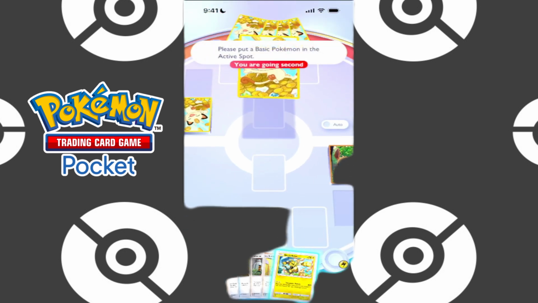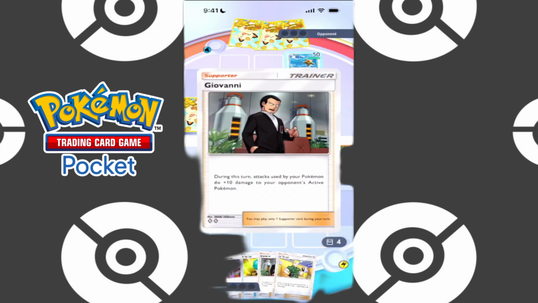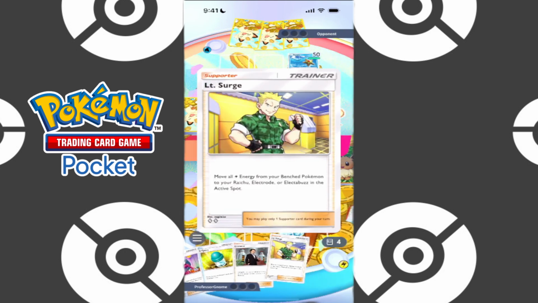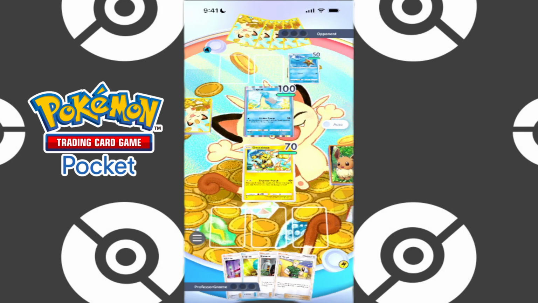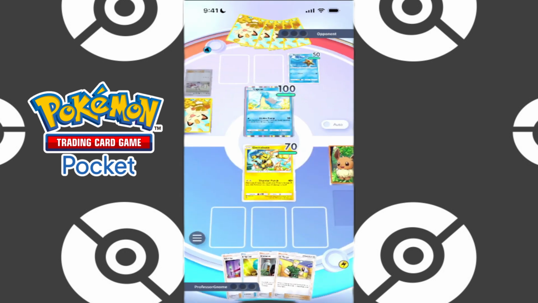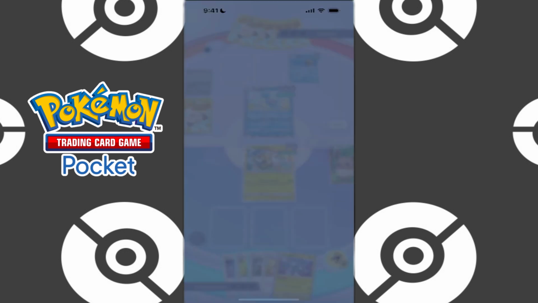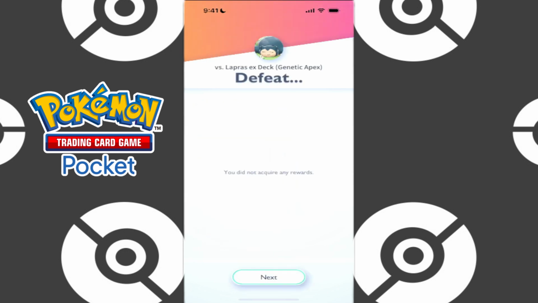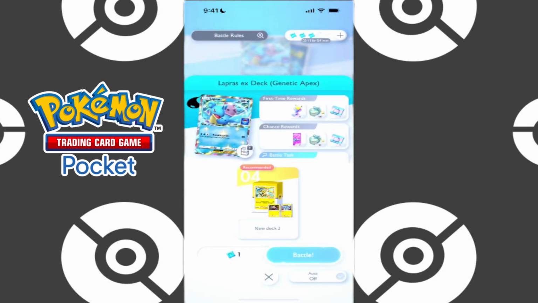We are going second, though. We do get Electabuzz. We'll pass. Right now our hand is not very good at all, so we may want to restart here just to get ourselves a better hand. Yeah, I think that's what we're going to do. We'll just go ahead and concede. We don't lose anything for looping these turns, so it's fine just to restart if your hand's not very good,